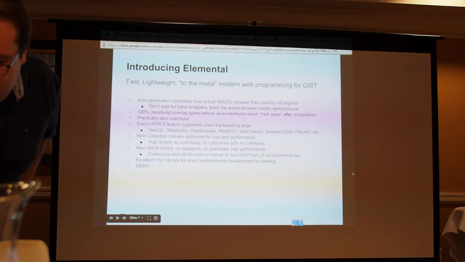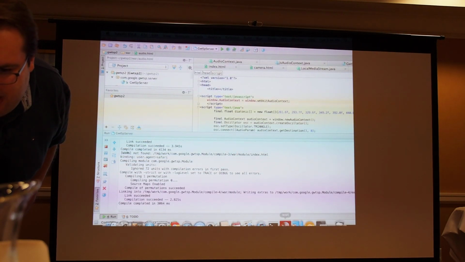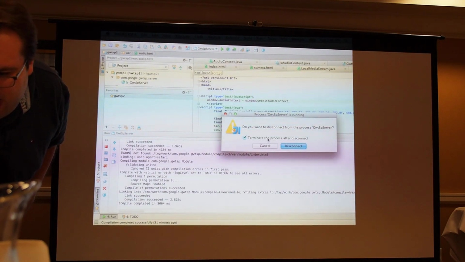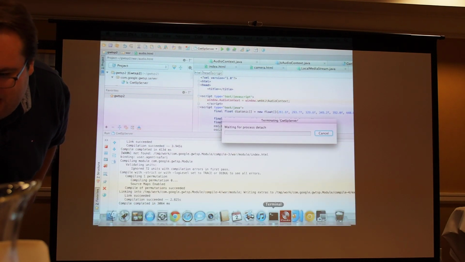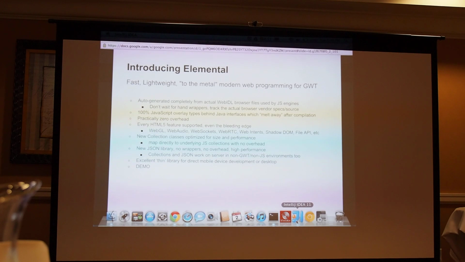So let me see if I can show you a code size. Oh, and okay, my IDE has disconnected. I have to restart it. Can't contact my license server at Google, so it stinks I don't have a license for it. So